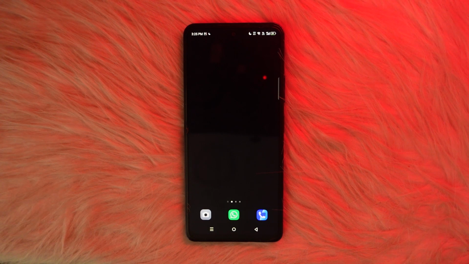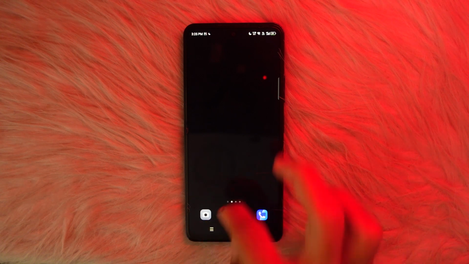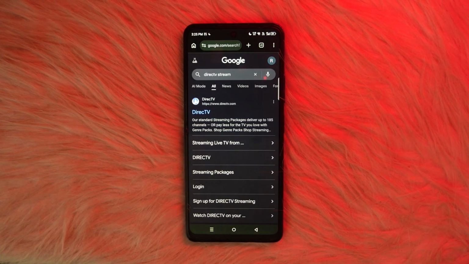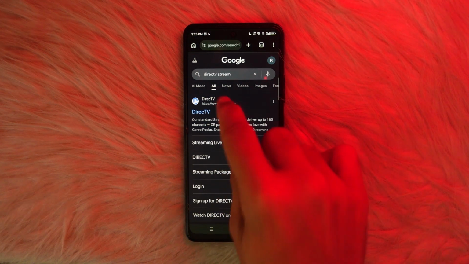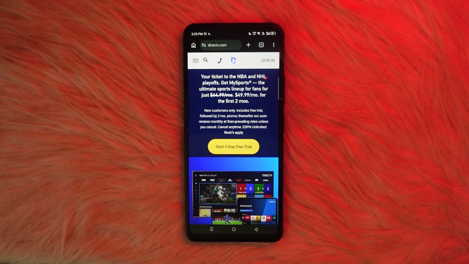How to log out of your DIRECTV application's account. First, if you are using the website to log out of your account, you want to simply open your Chrome browser and you want to search for DIRECTV stream. After that, you want to tap on the first website that you see, and by doing so, if you are